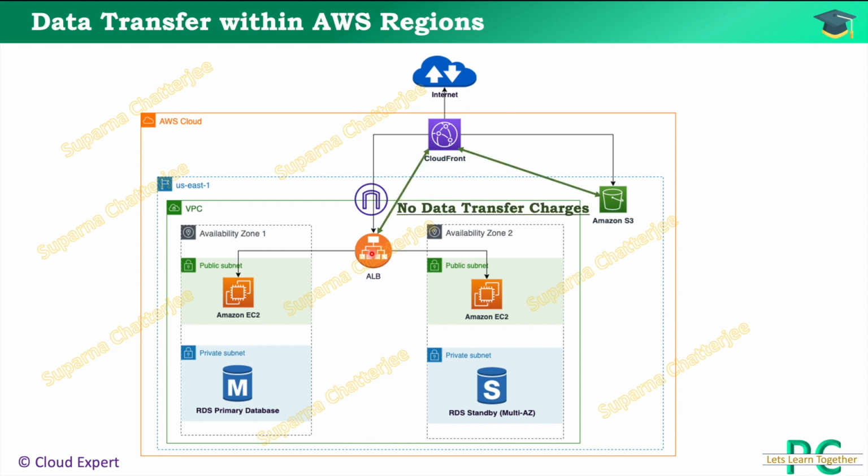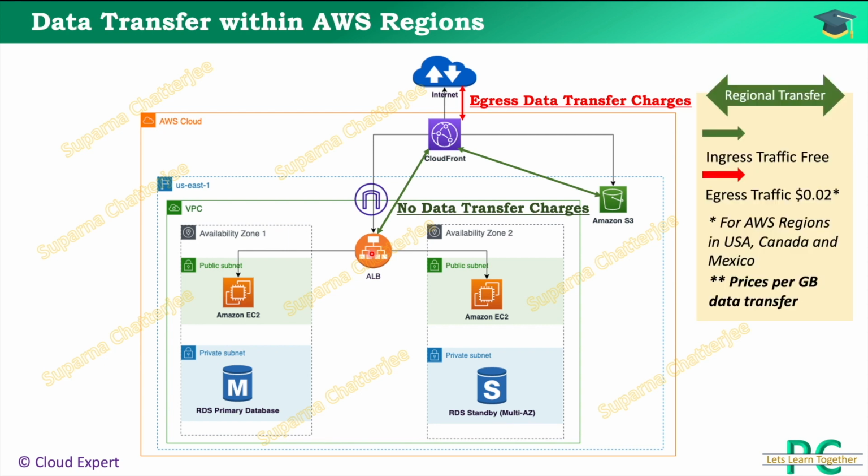First, there will be no data transfer charges when CloudFront fetches data from the origins. In this example, we have two origins, an S3 bucket for static content and an application load balancer for dynamic content. Now, what about the charges for egress? Whenever there is a data transfer from your CloudFront to the internet, you are going to pay an egress data transfer charge. For this use case,